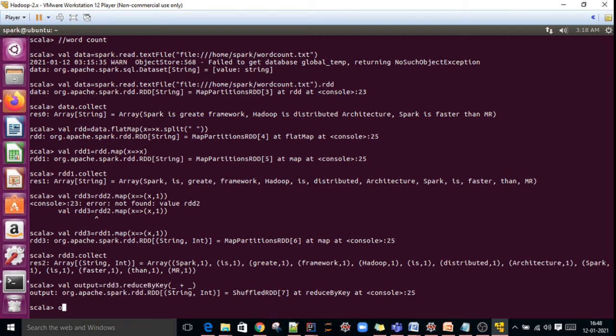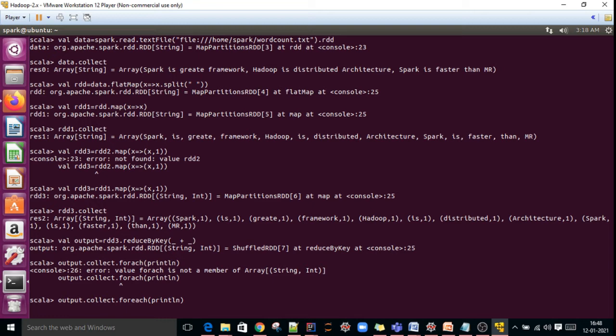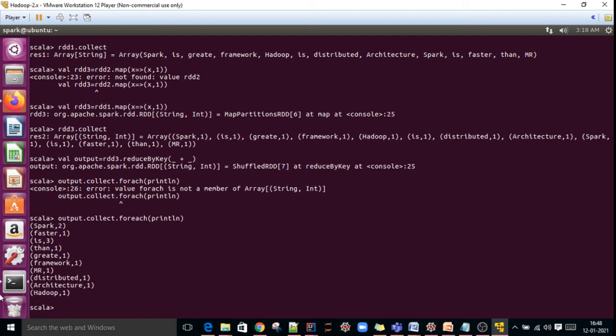Now see the output: output.collect.foreach(println). Spelling mistake, foreach. See, this is the word count output, for example Spark repeated two times.